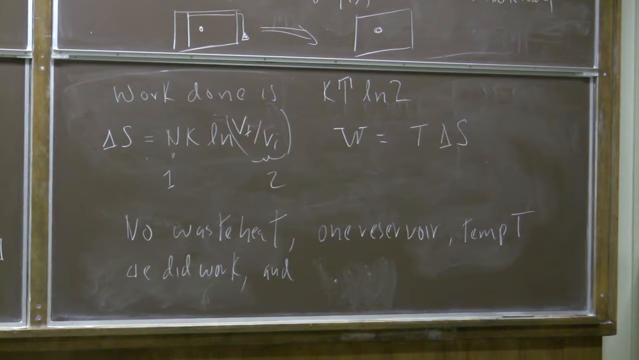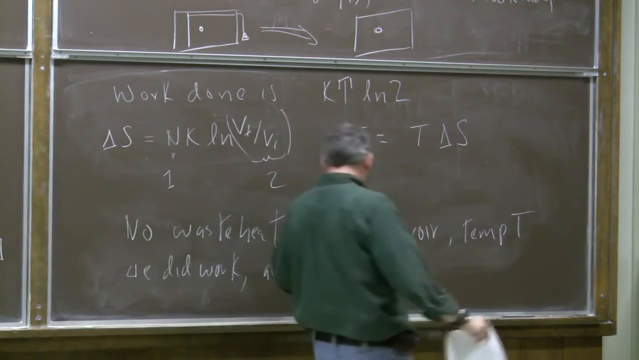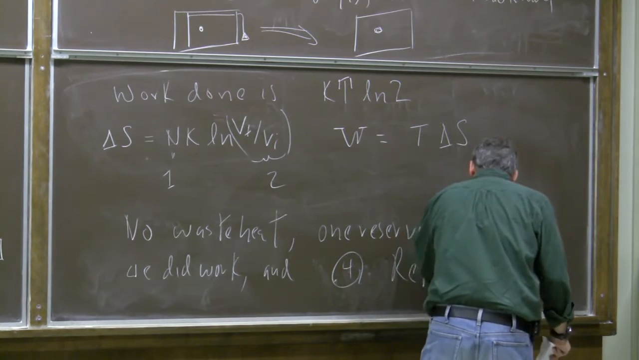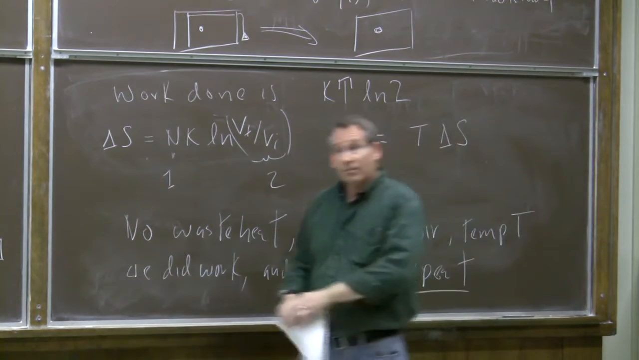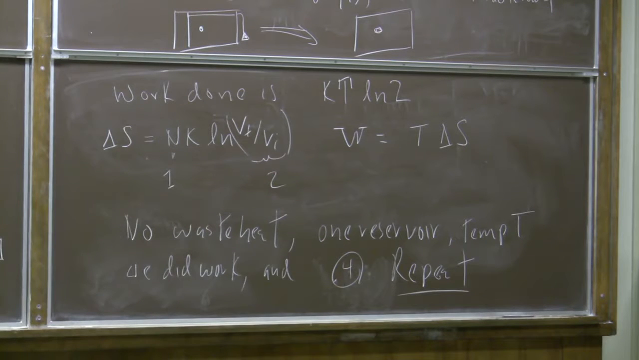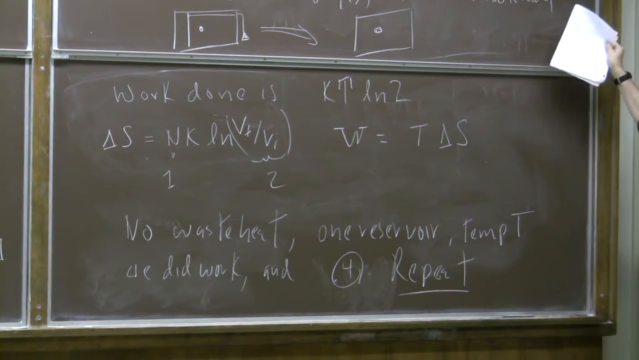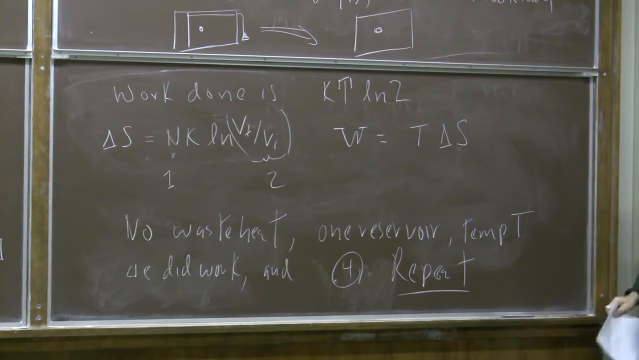And then the fourth step is we start the whole thing over again and do it again. So we can keep doing it over and over again. Each time we get work out, kτ log 2. About half the time, the molecule, when we measure it in step 2, is going to be on the left, half the time on the right. We use that information to know which way to load the movable wall. Okay, so the weight will always be lifted. But every time we do kτ log 2 until